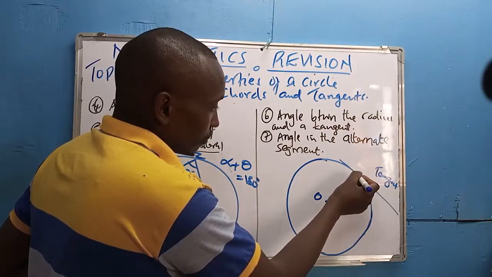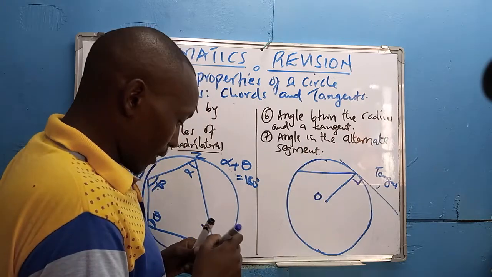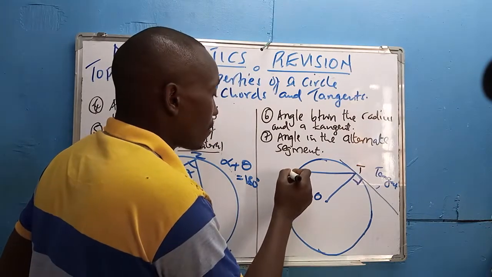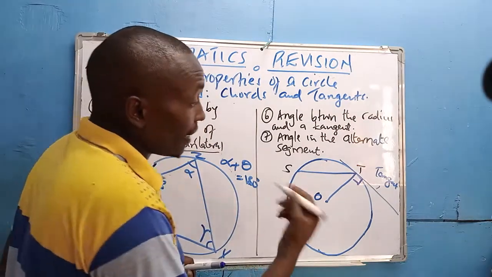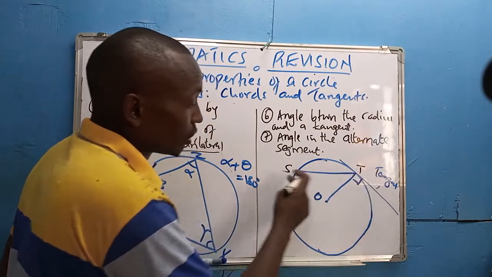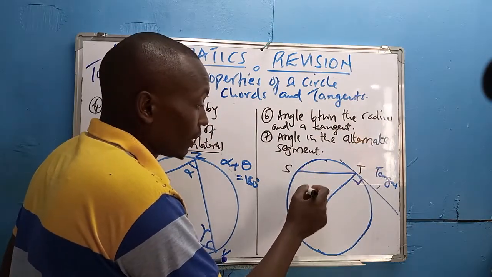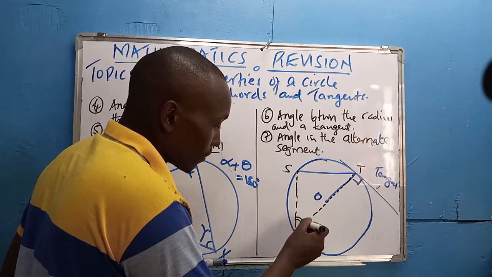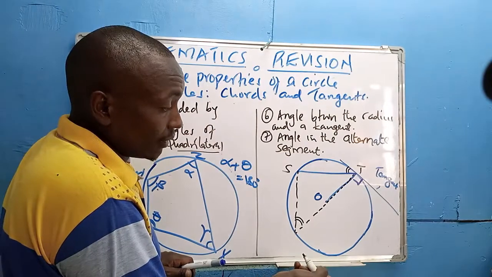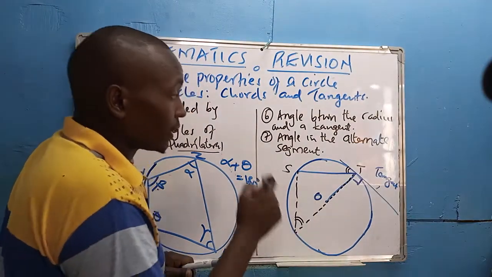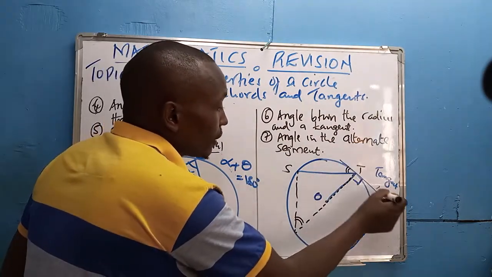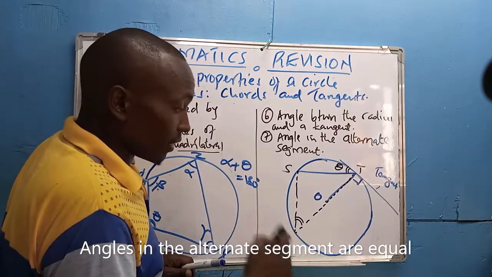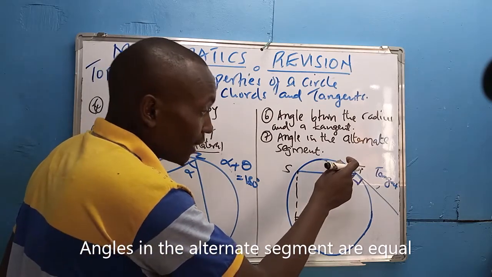Think about this one. I'm now giving you another property here. Assuming that this point of contact is point T, and I have maybe point S, so I have a chord that starts from T to S. And this chord can subtend an angle at the circumference on the alternate segment. So what exactly should you know? The angle between the tangent and the chord is always equal to the angle subtended by that chord